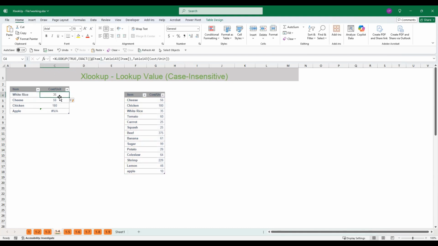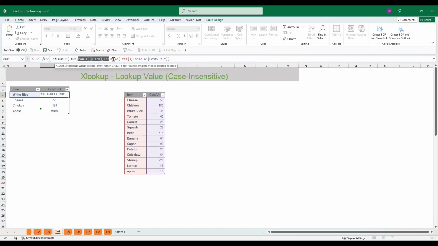Now, what our formula is doing is looking for an exact match between the fields on this column, and we are comparing it with our lookup array in this column. So if I highlight this formula, we are getting false, false, true, false, false. So when it finds a TRUE, that is the value that will be returned by the lookup formula.